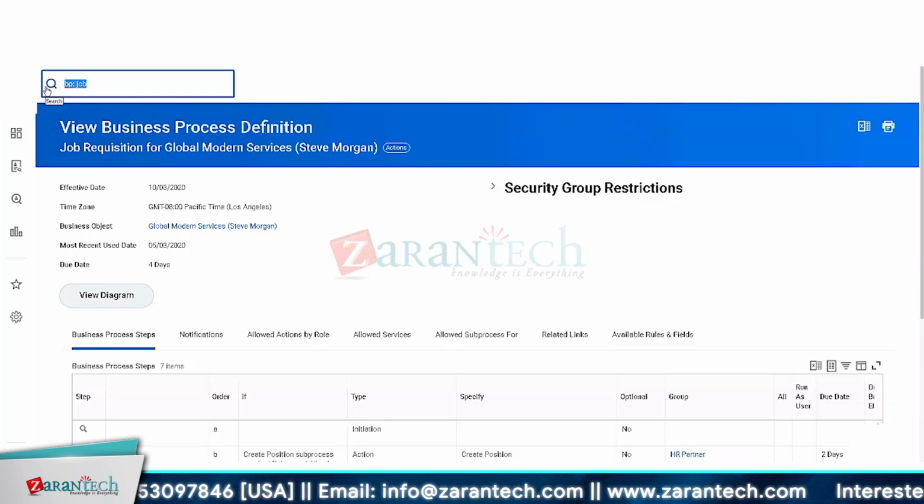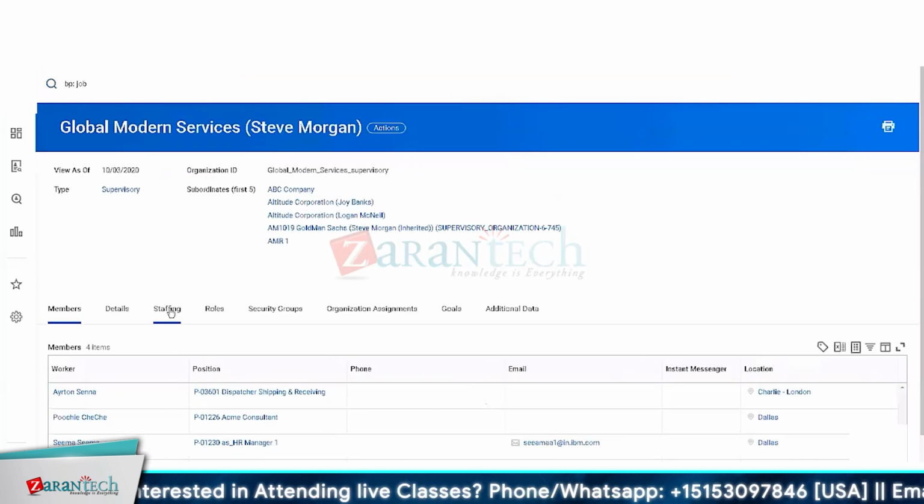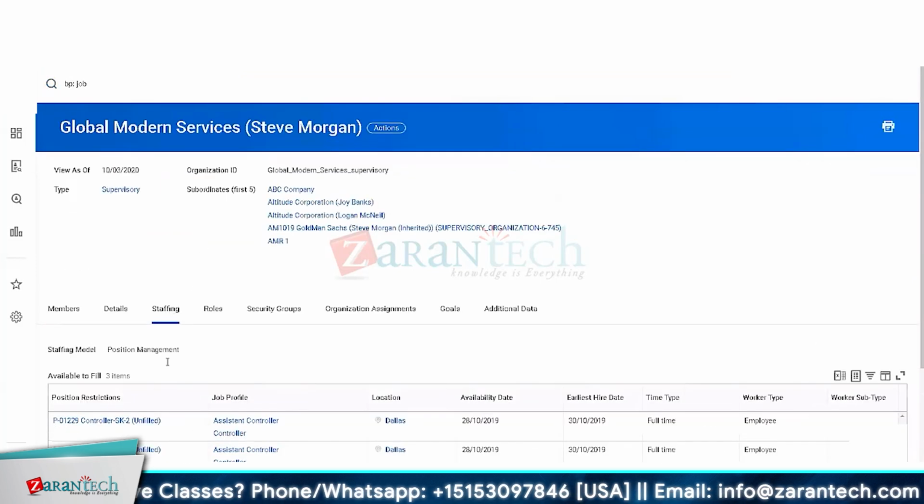Okay, so now let's go to a particular organization like Steve Morgan's, and let's see if there's any existing recs. If it's not in the business process policy, you will not be able to add it in the definition. So once we add it to the policy and then we activate the security policy, then they will show up on the